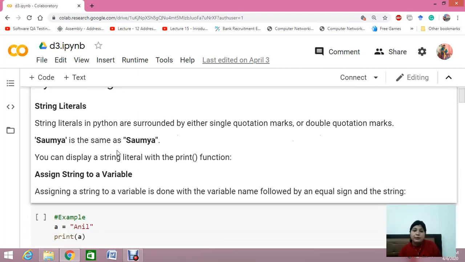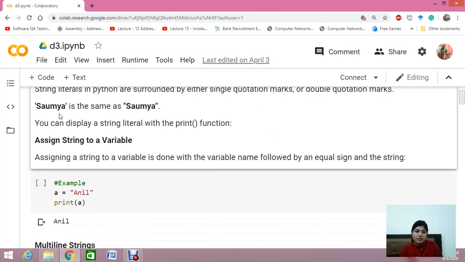String literals in Python are surrounded by either single quotation or double quotation as given in the example. I have written my name over here, Soumya, with a single quote and double quote. These two values are exactly the same. So you can display a string literal with a print function. That means whenever you want to produce the output of a string, you can simply write a print function to